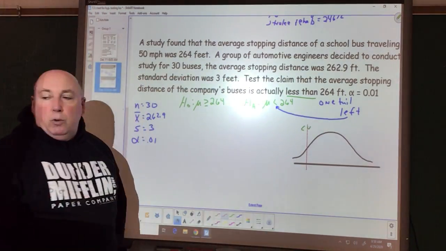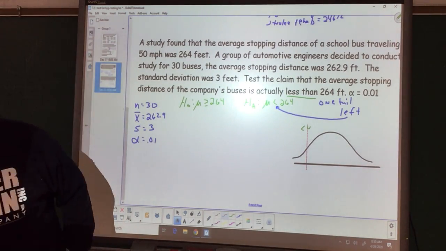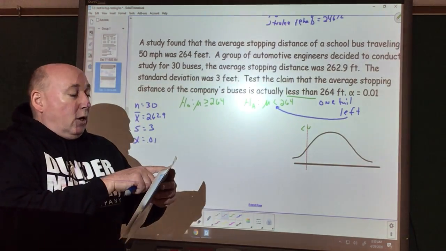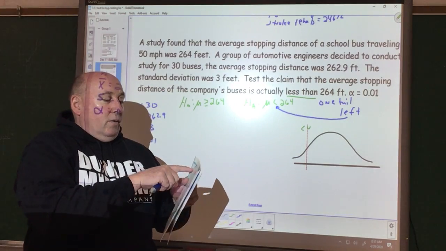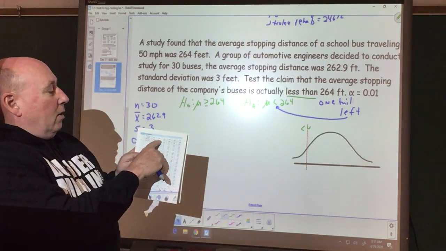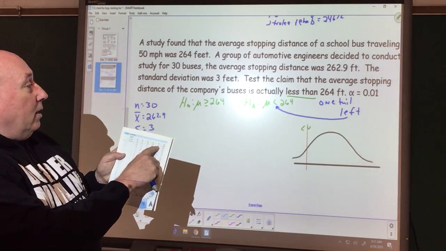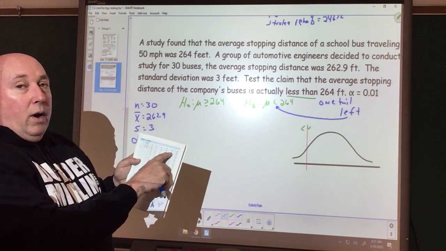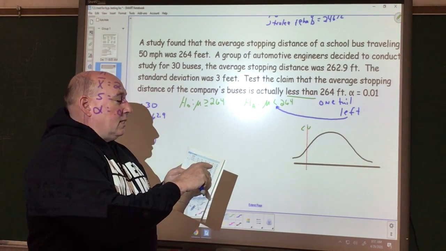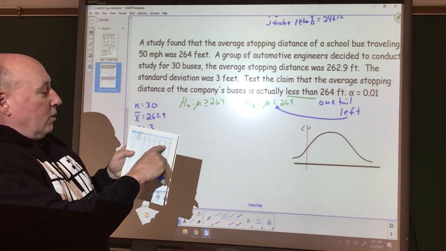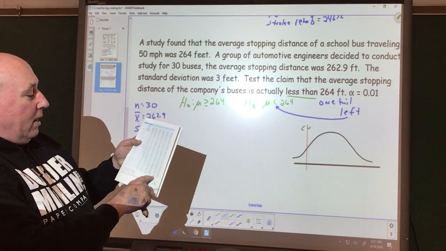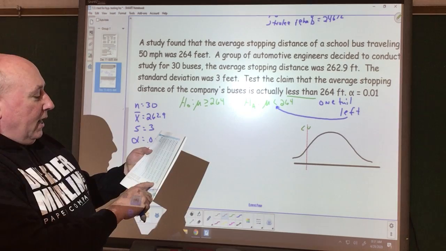So now we go to our t-table. Now we're going on the one tail line. Okay, so we go along the top here, a one tail line, alpha value of 0.01. It's not the last column anymore, it's the second to the last. And I'm going to drop that all the way down to the bottom, which is 2.326